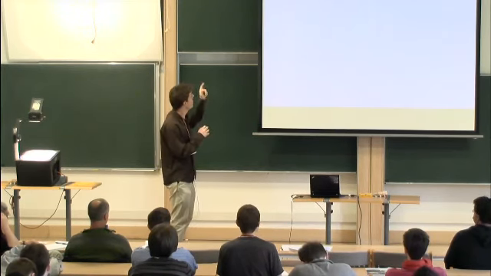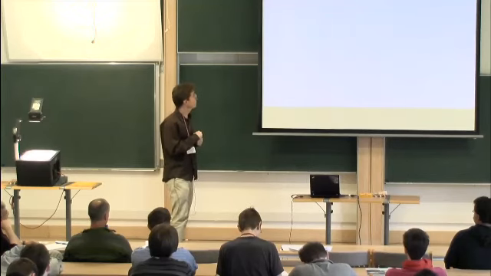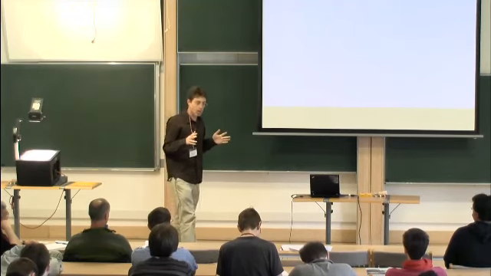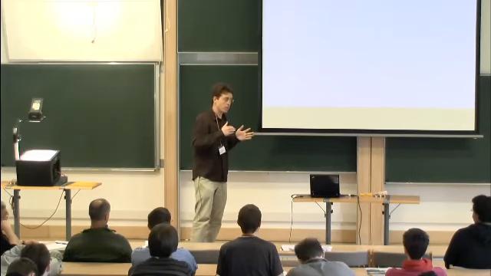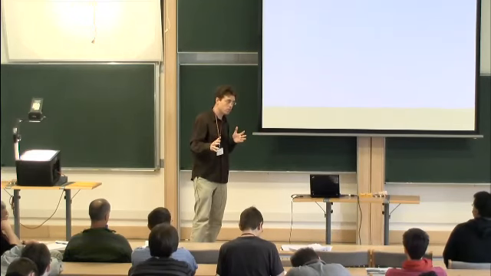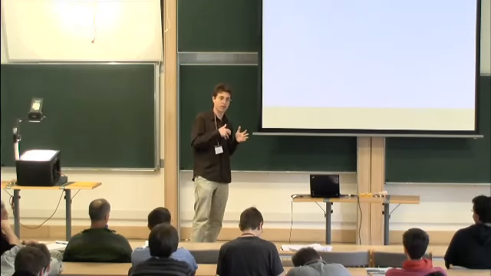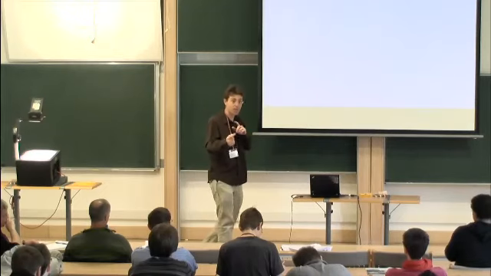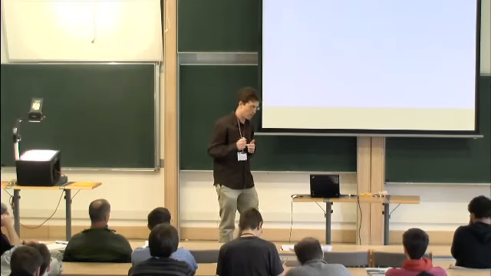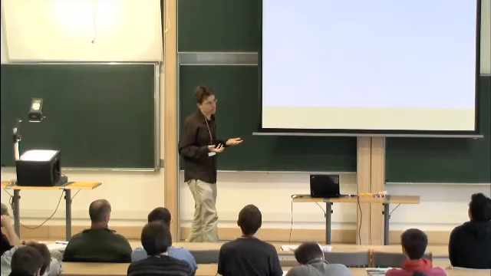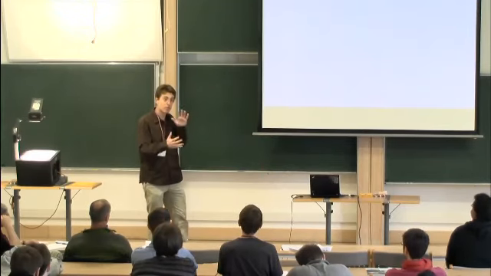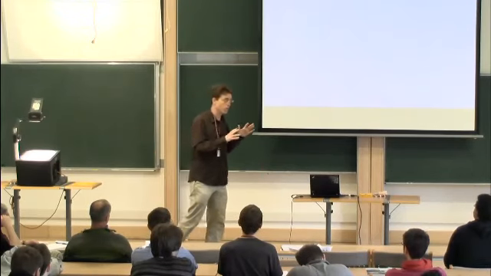So if you consider Raz's quantum protocol, you see that it only requires log n qubits of quantum communication, but it has to be both ways. Alice has to send log n qubits to Bob, and then Bob has to send back log n qubits. So it's only log n, but there must be this kind of both-way communication. And you might ask, is that necessary? Can you get the same exponential separation with only log n qubits of one-way communication?